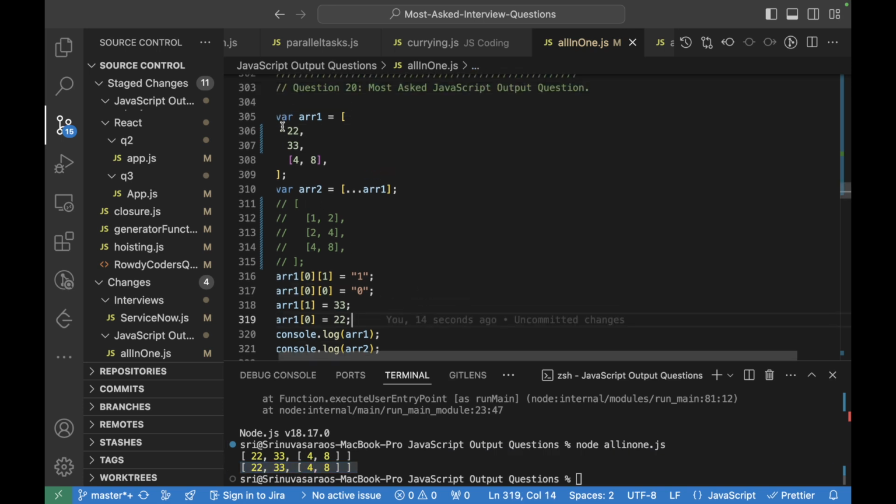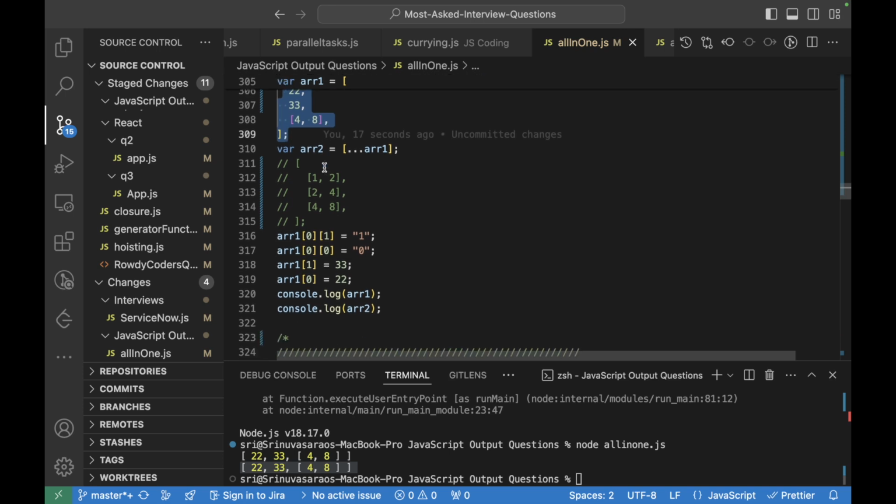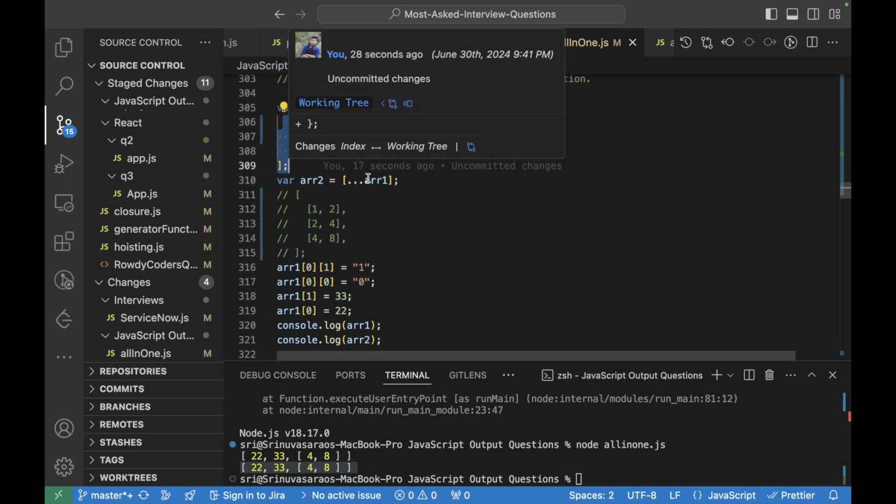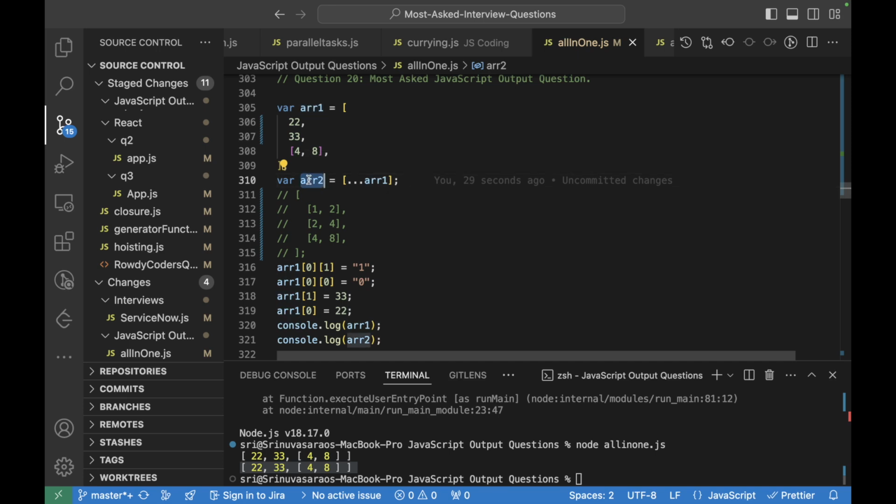So here, array 2 and array 1 are the same. Why? Because the elements of array 1 are being assigned to array 2, and these elements are arrays, so the reference to them is the same for both, right? That's why both of these arrays will look similar.